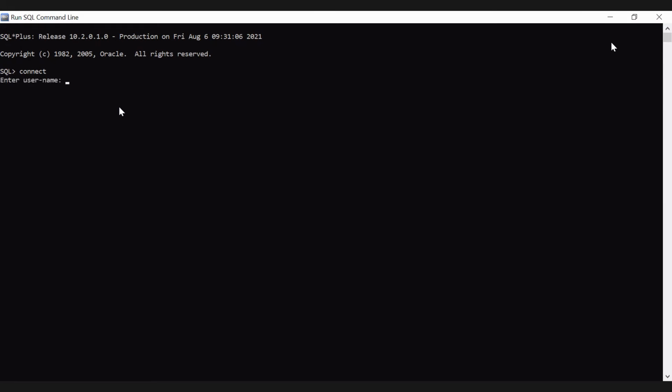Then it will ask me to give the username. The details I gave while installing, I have to specify here. So I gave system as the username, and then it will ask me to enter the password, which will not appear there, so I just type system again.